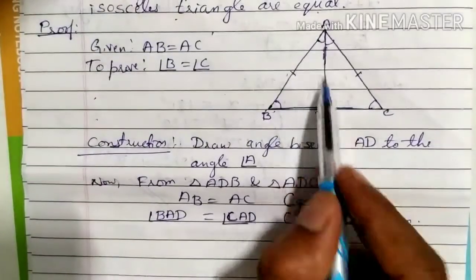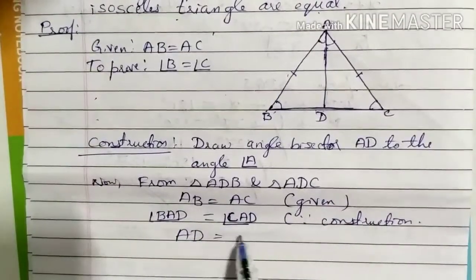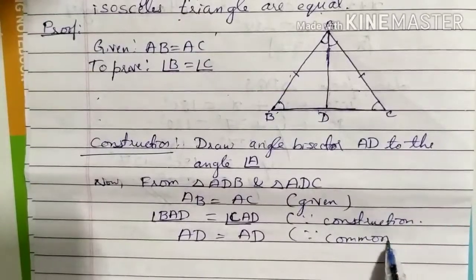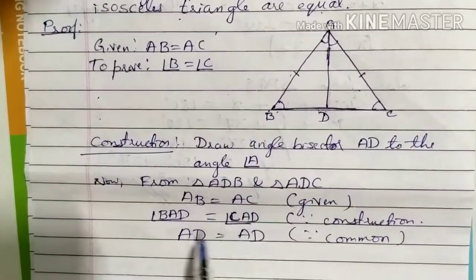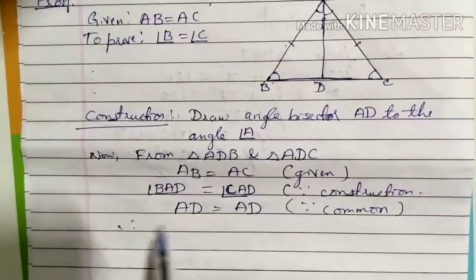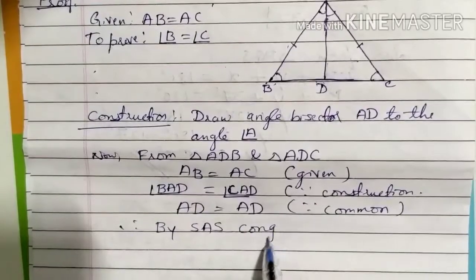Next you can see that AD is common to both the triangles. AD is equal to AD because it is a common side. So therefore, side angle side, using the SAS congruence rule,